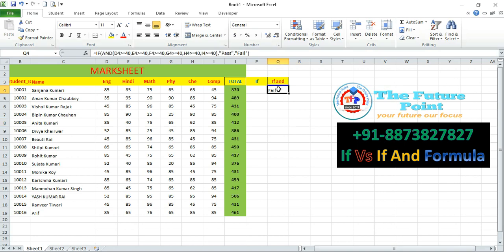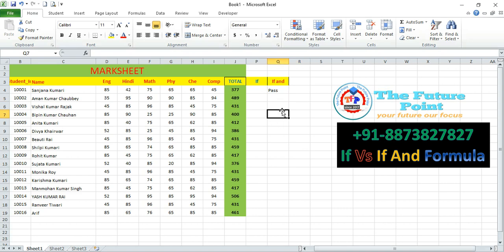to check it actually. As we defined the qualifying parameter of 40 marks for all those subjects, if the candidate is getting less than 40 in any subject, it will show fail. So in all these subjects everywhere he is getting above 40, but in this particular subject, Hindi, he is getting only 35. So if I change this value, instead of 35, if I put 42 or 43, it should reflect pass. So let's see here. Oh, okay, you see here, it is showing pass, because